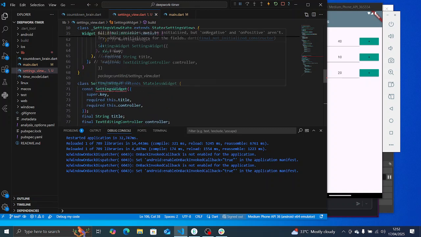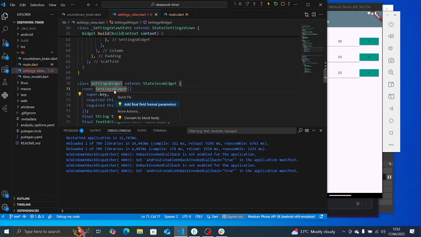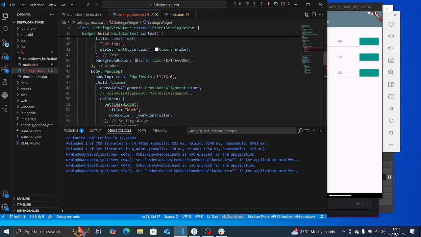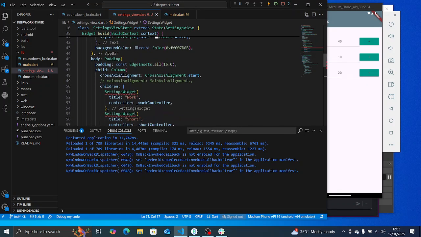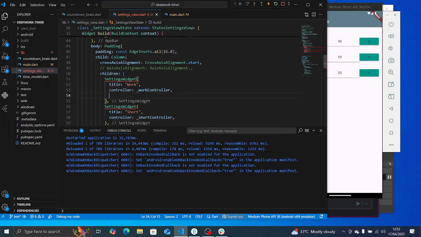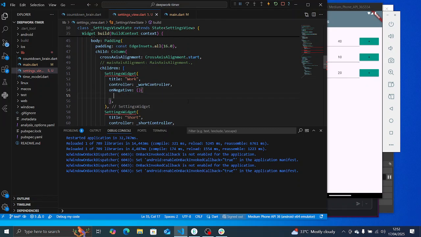Now let's set this one to have on negative. Now here, what will this negative one do? On negative, we want to decrease the work value here, right? So we can